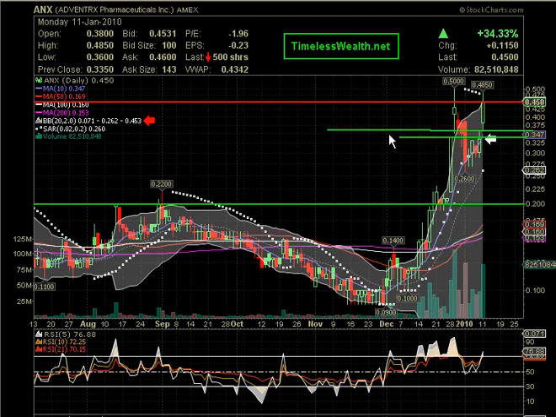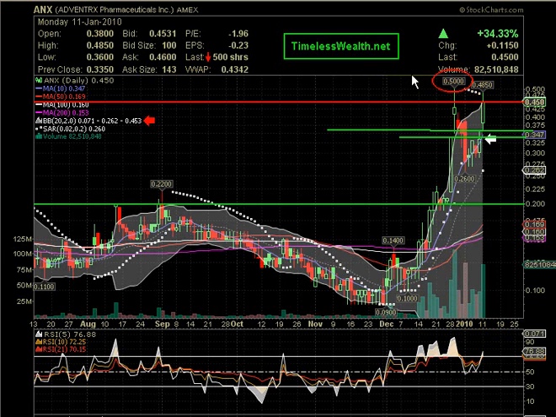So that gives you a rough idea of what's going on in terms of support, as well as parabolic SAR, which fell following Monday's trading session. You can see the price broke past it and now it's trending underneath the candles, which is generally a bullish sign. More importantly, all of this occurred on above average volume, so that's exactly what you'd like to see happen in the market. And lastly, we're looking at a key breakout level at the 50 cents per share mark.